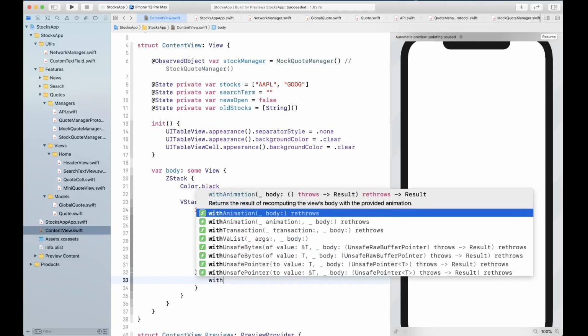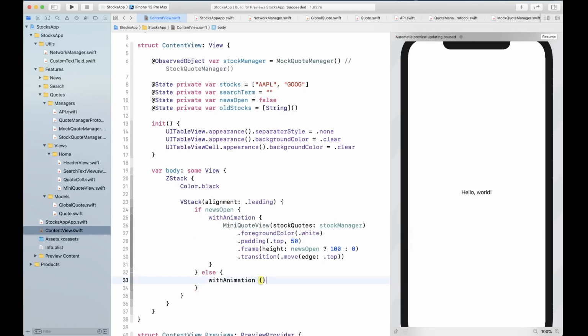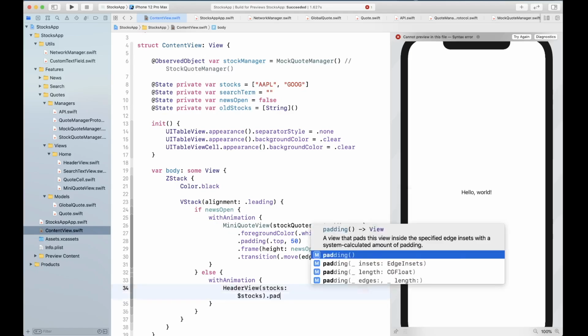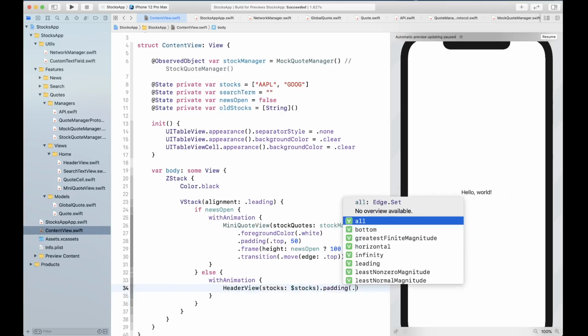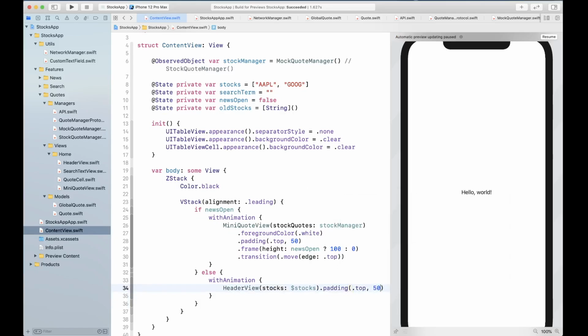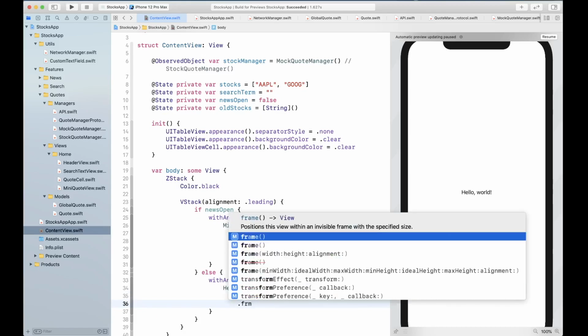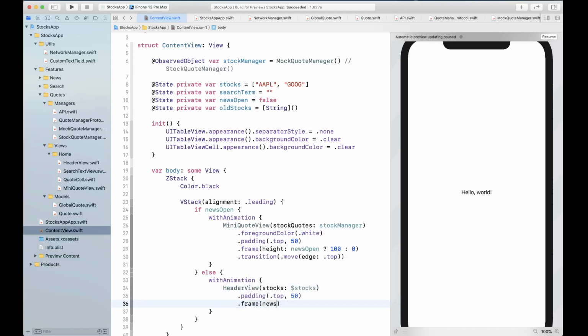Okay, that is if the news is open. If the news is closed, we're going to show with animation our header view with stocks, and stocks are basically the stocks that we have downloaded from the user default. In this case, they are statically created for now, and we can have some padding at the top of 50 points. Okay, we are also going to have a frame news open,